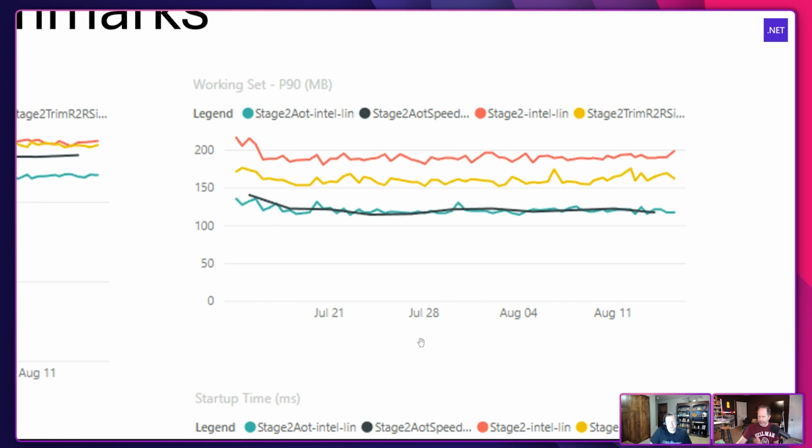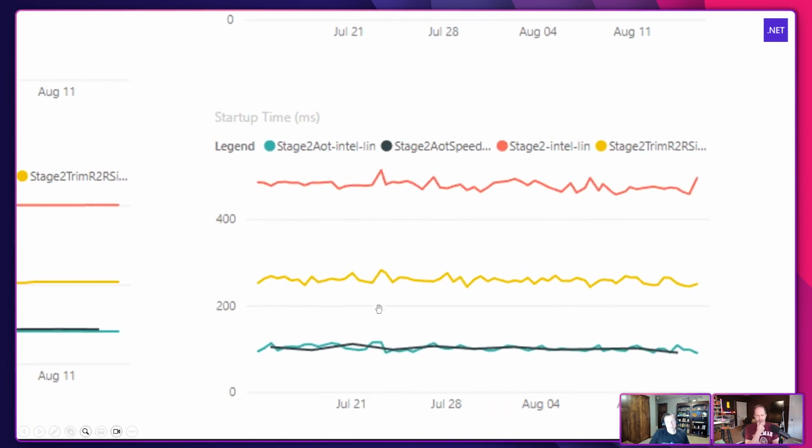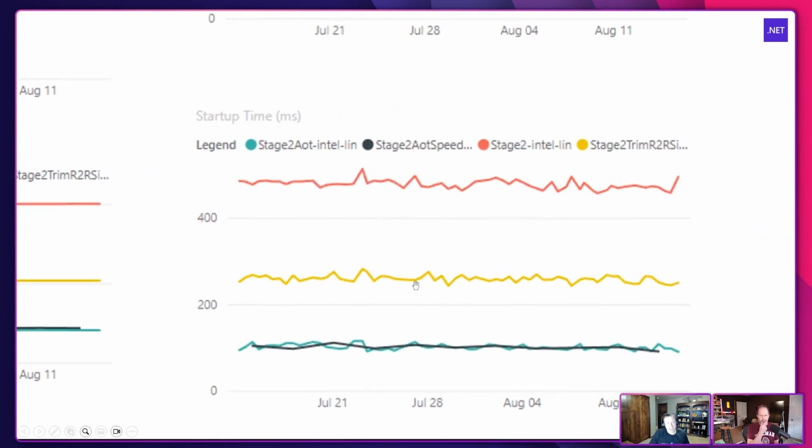But again, you don't want to have to rebuild your whole app just because you want more native-ish performance with lower working set. And in web apps, startup time, how fast you're ready to go, a lot of times that doesn't really matter.